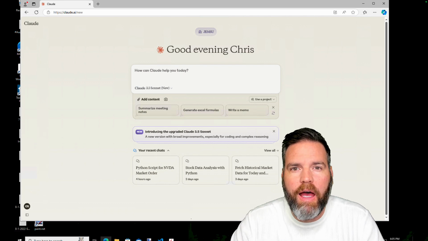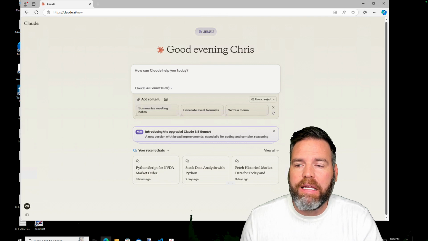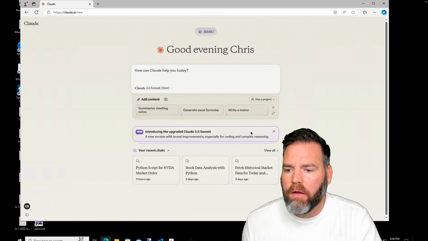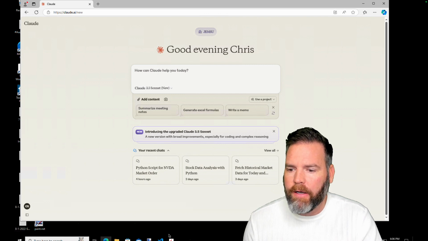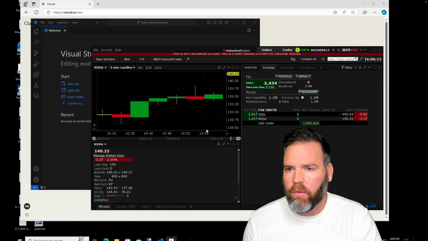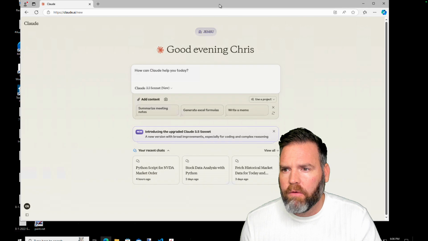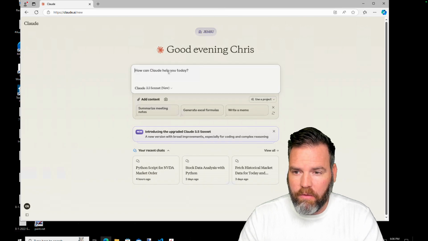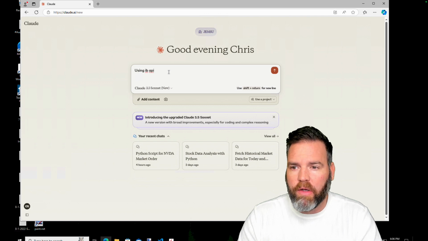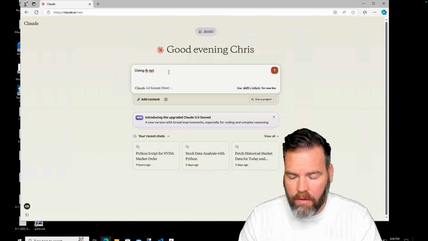Okay, we're going to look at writing a simple script to get historical data for any ticker. What we're going to use here is Claude AI, and I also have Visual Studio Code, and we're going to connect that to the Interactive Brokers paper trading account. In Claude AI, I'm simply going to say, using IB API, which is the Interactive Brokers API, you could obviously switch that out for whatever API you're using,